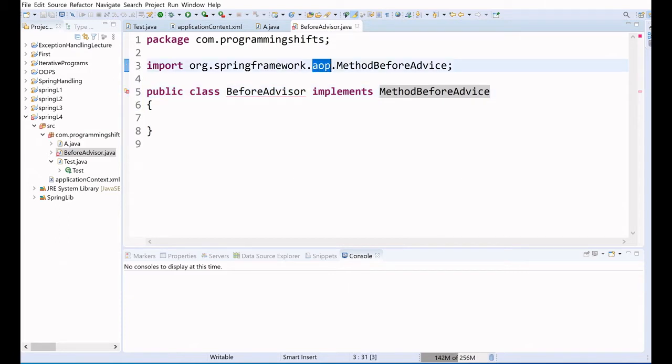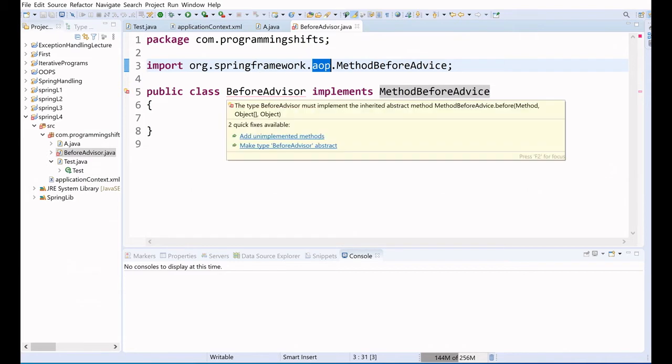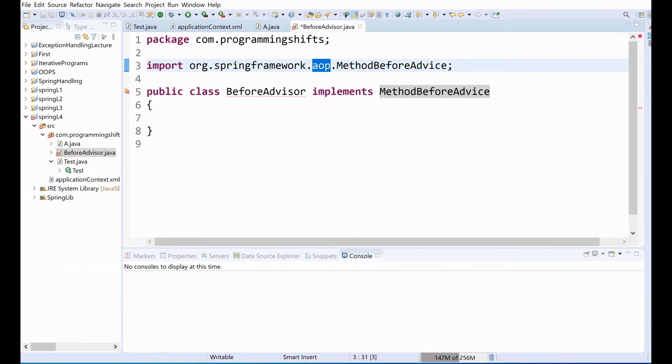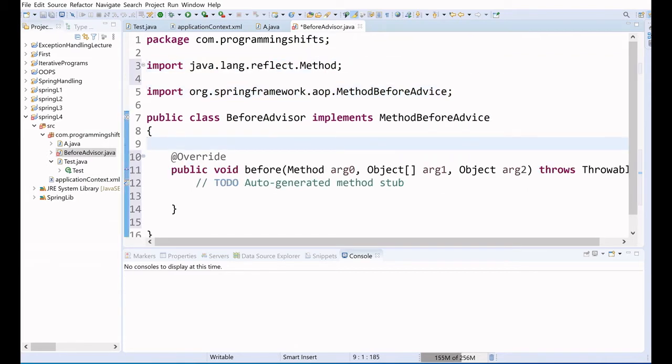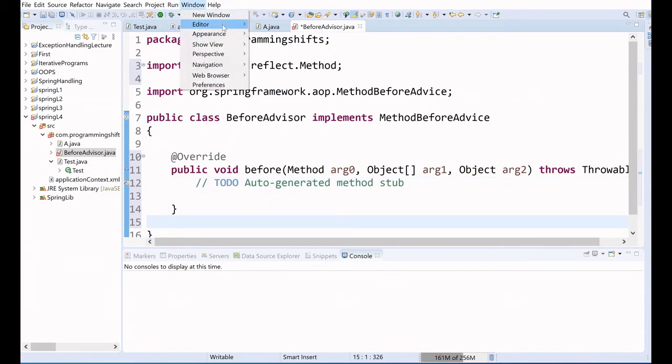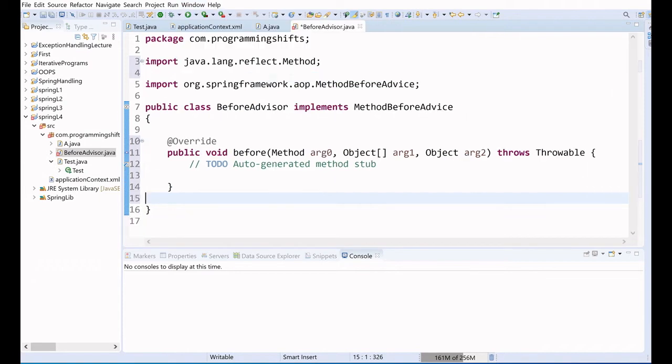Spring has an AOP package, and in that we have a method before advice. So we are going to implement that method that is here. I have a method here, you can see. Let me zoom out first. Now you can see we have a method.